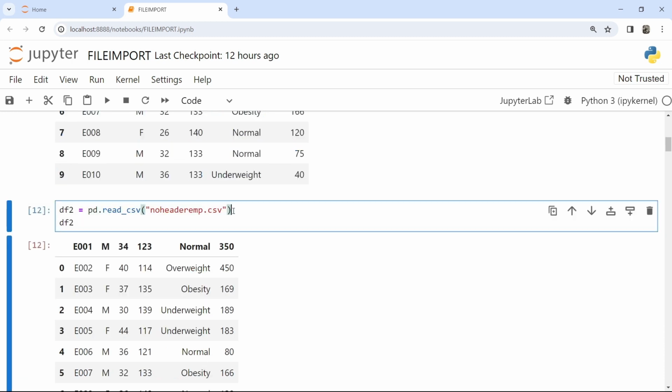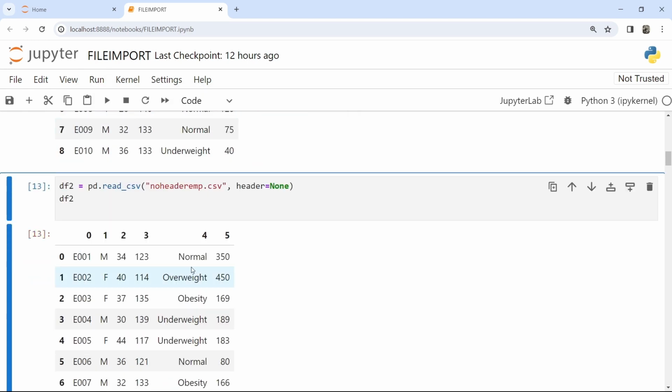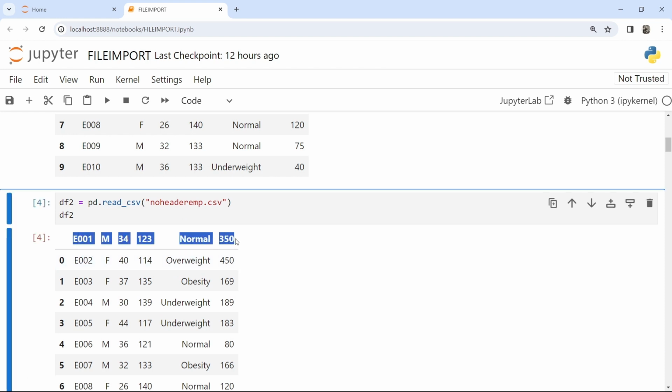Now coming to the second command, I am going to read a CSV file which does not contain header information. So I have the content of a file which does not have header information. Now I'm going to execute this particular command. After execution, my output is given in such a way that the first row of my file is treated as my header information, which is not appropriate because the first row has to be in the first row representation, and so